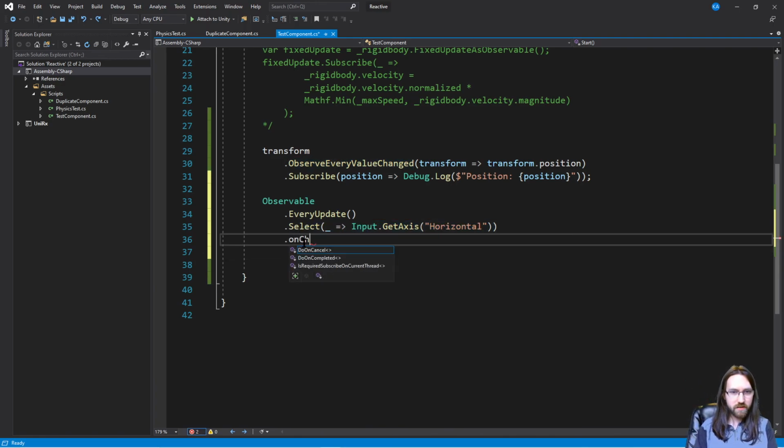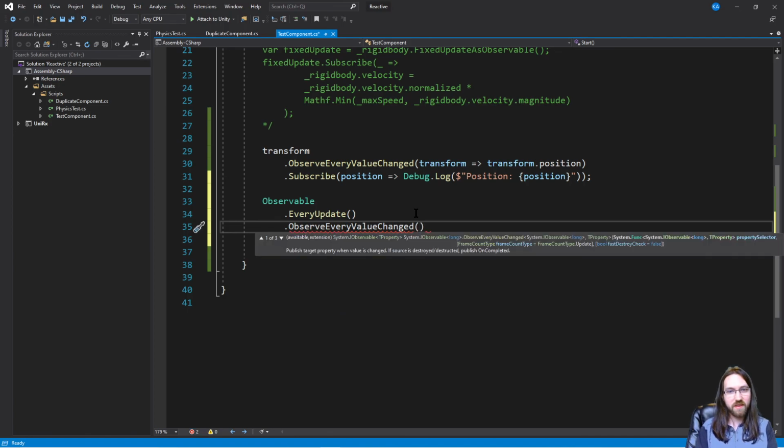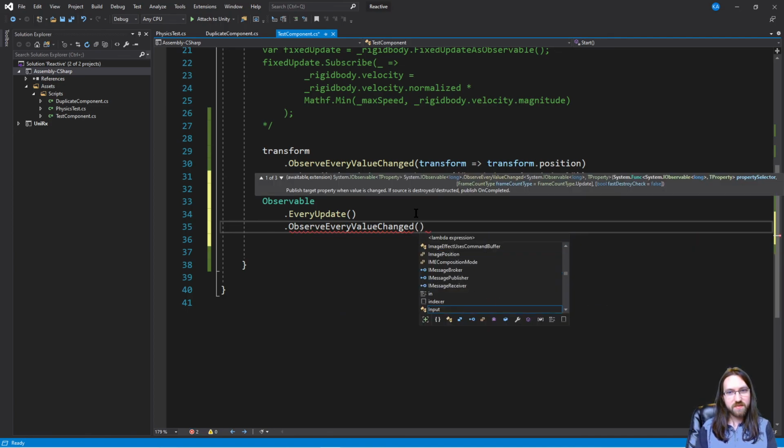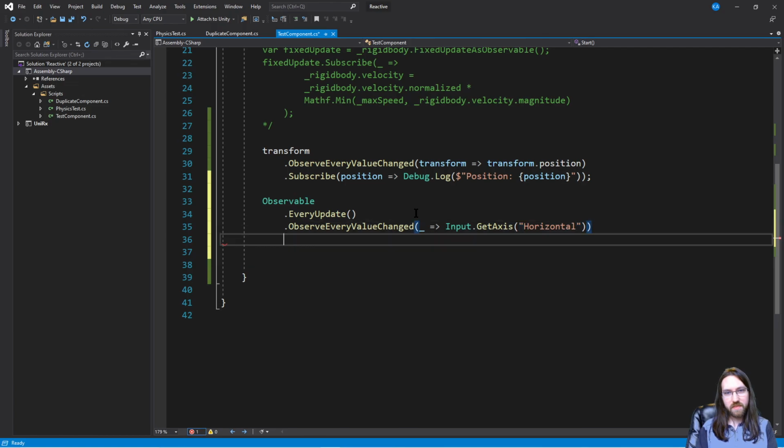Is there no way to do like on change? No. I'm trying to think of how you would do this. Observe every value changed. I guess you need to actually give it the value. So is this an action or, oh, it's just a long, okay, so it's the update number. So such that input.getAxis, say horizontal. Dot subscribe with basically a similar thing